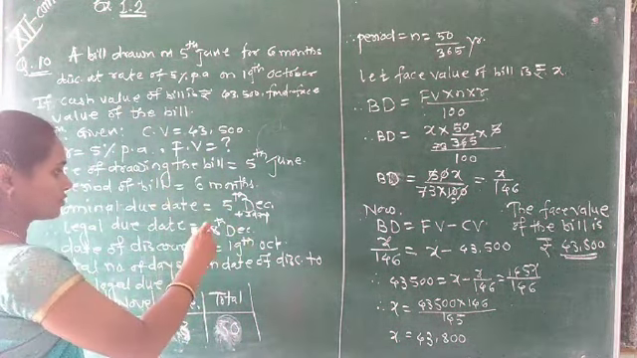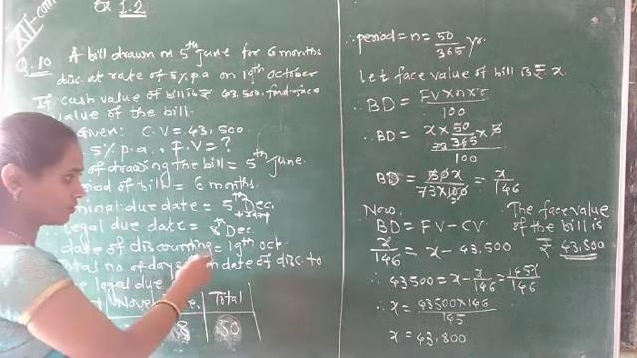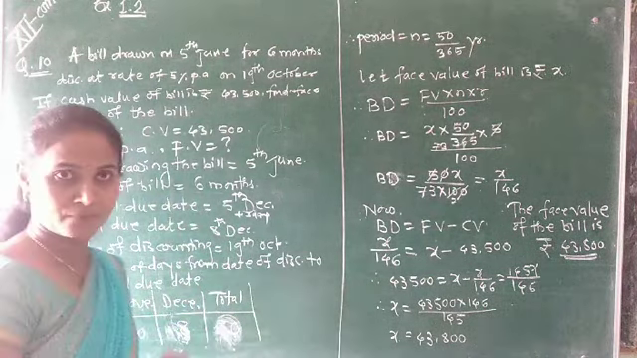19 ऑक्टोबरला, पण ऍक्च्युअली भरायचं कधी होतं? 8 डिसेंबरला भरायचं होतं. किती दिवस? 50 days before the payment is